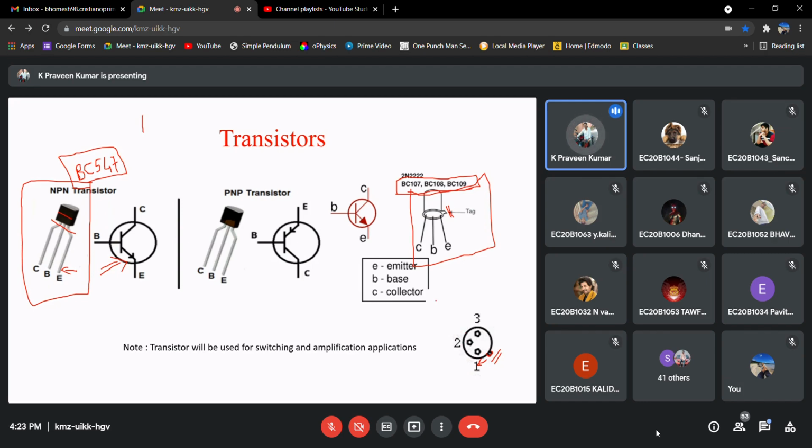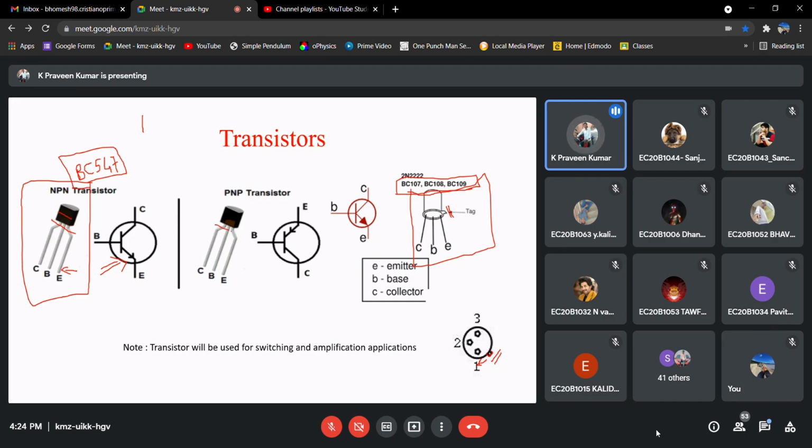All this pin ordering is given by the manufacturers, right? You need not memorize all of it. In the data sheet, they will provide the package, the parameters, and the pin ordering, so you can get it from the data sheets as well. But these are the basic things.